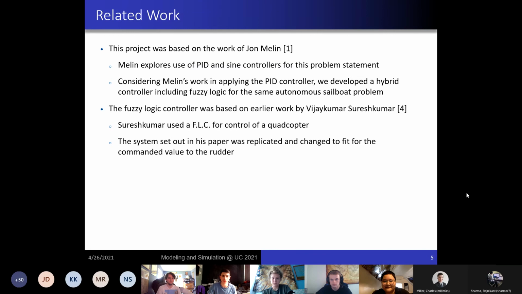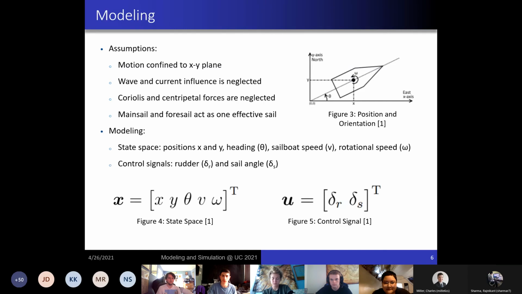Slide. So when creating our model in Simulink, we had to make a few assumptions to work within the scope and time of this project. We confine the motion to the X and Y plane. This basically meant we assumed that there are no wave or current influences creating vertical motion on our sailboat. We also neglected the Coriolis effect and centripetal forces, as the scope of our travel wouldn't include that. And the mainsail and foresail were combined to act as one effective sail, so we wanted to account for one